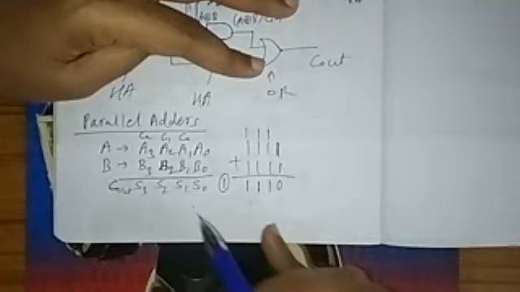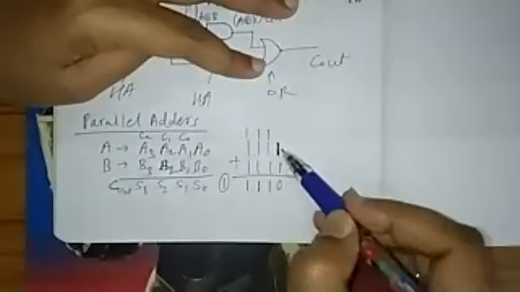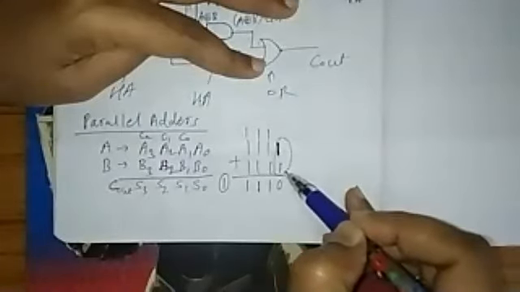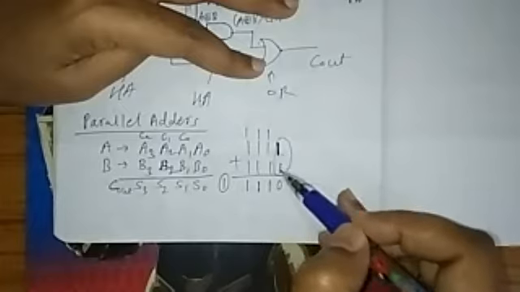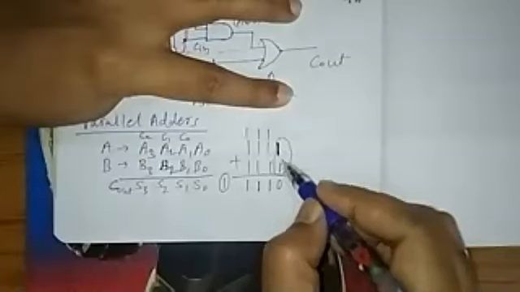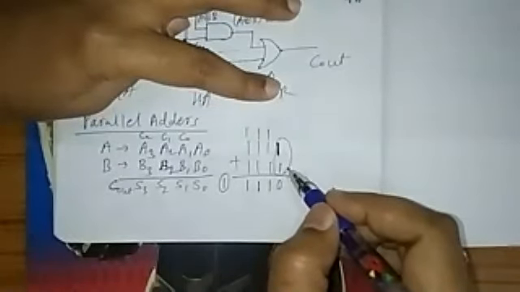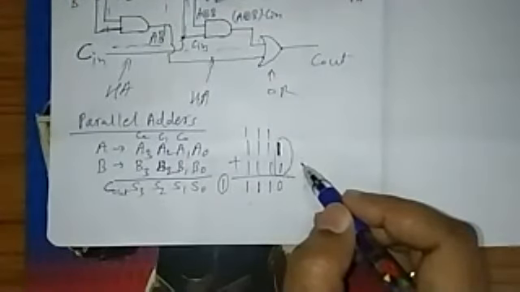Now, why have I shown it with the variables? What is required for this, a half adder or a full adder? 1 plus 1, only two inputs are there, so a half adder is required, exactly. For 1 plus 1 only a half adder is required, but I can use a full adder also. I want to make a unique implementation, and it will not be much of a problem in the hardware when you are creating the IC.